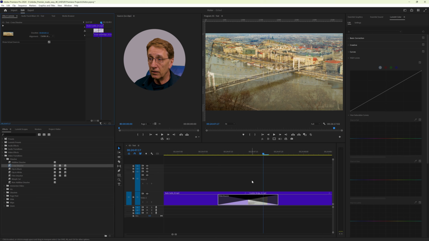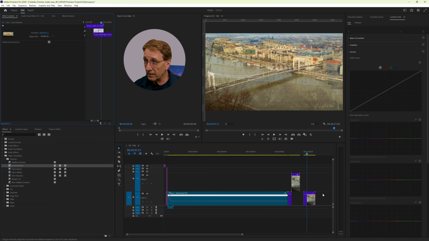But basically the transition we have created manually is the same now as what we used with this effect. And these effects in the effects panel are called standard effects. But today we focus on the fixed effects.